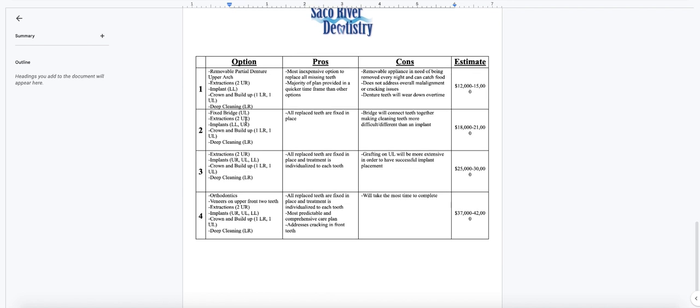So then you put together the options here. I love the detailed nature, the pros and the cons that you had outlined. The only thing I would say, the goal isn't to have patients spend a lot of money. The goal is to present all of the options, and hopefully they choose an option that is of high predictability